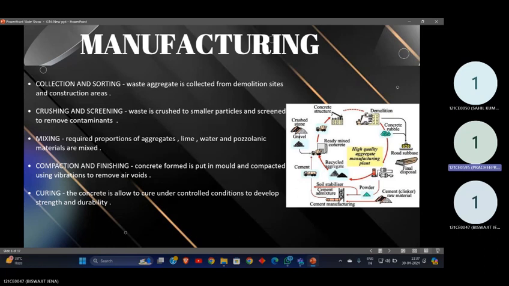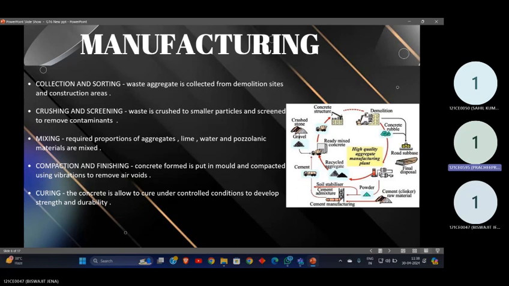Next is mixing. In this process, thorough mixing of the components in the concrete mixture is done to ensure uniform distribution of materials. Depending on the consistency required, additional water or admixtures may be added during the mixing process. Next is compacting and finishing. Now the concrete which has been made is poured into designated forms at the site. Methods of pumping, pouring, and spreading are being used. And the concrete is compacted to remove the air pockets and ensure that it fills all corners of the formwork. Common methods include using vibrators.